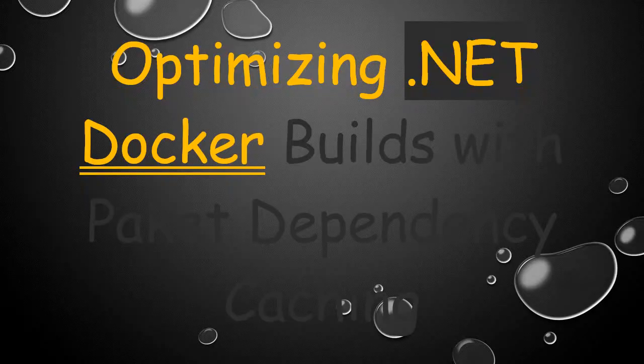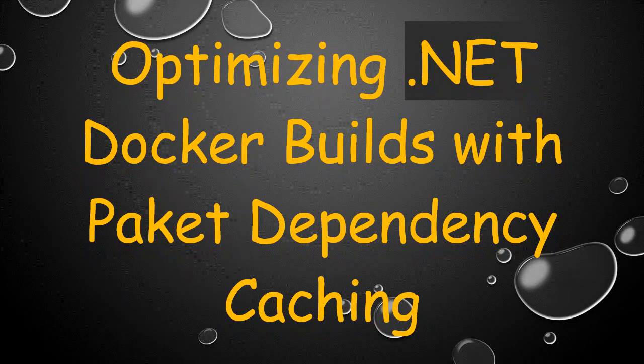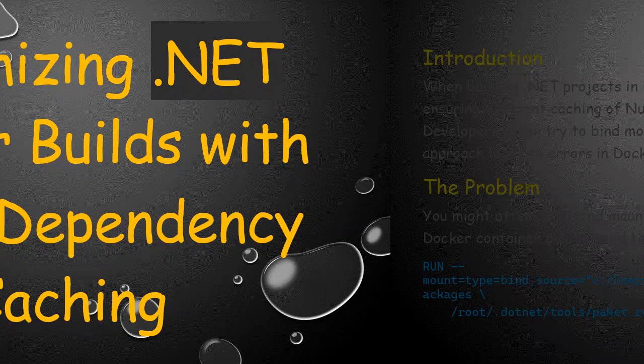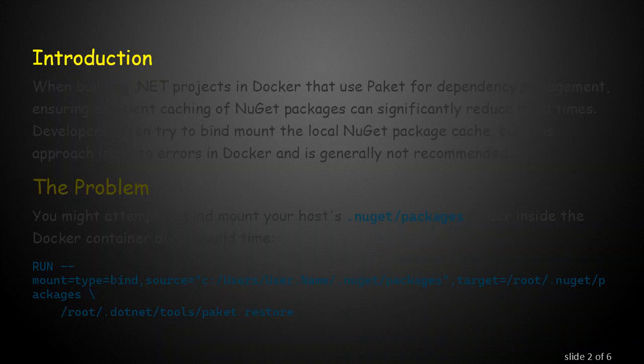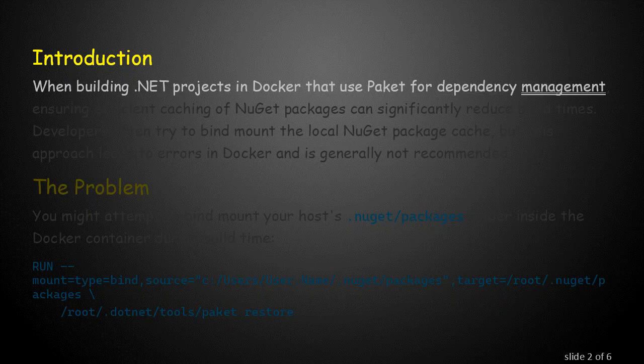Optimizing .NET Docker builds with Paket dependency caching. Introduction. When building .NET projects in Docker that use Paket for dependency management, ensuring efficient caching of NuGet packages can